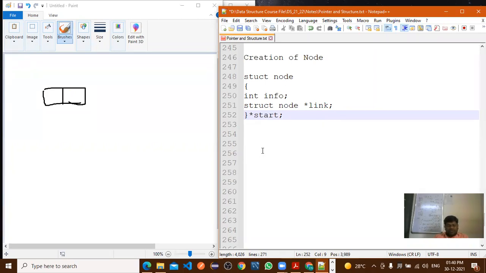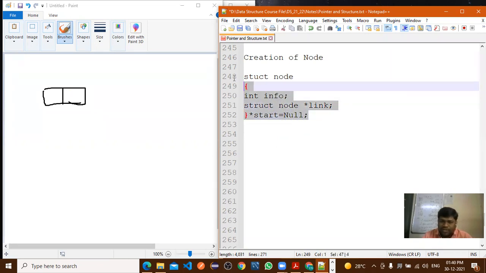With the help of the start pointer we will call the struct node, and once it is called, first data is info, after that struct node and another link. So link will call the same struct node. In this way, we will start rotating here. Now, what is the initial value of start? The initial value we will write here is null.